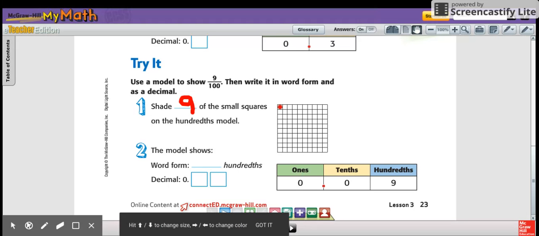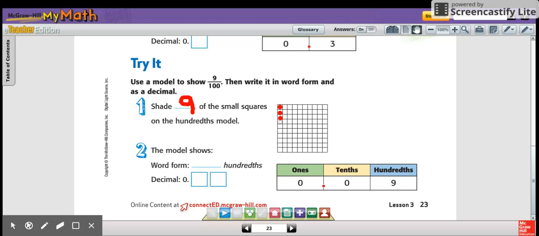So we have 1, 2, 3, 4, 5, 6, 7, 8, 9. So here we have 9 squares shaded in. So this model shows how many hundredths? 9 hundredths. So in word form, we'd write 9